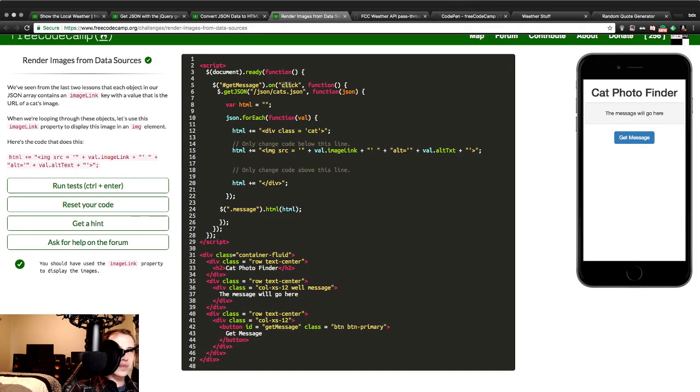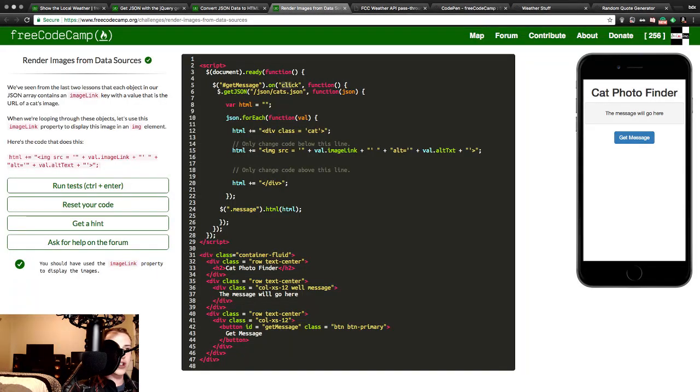What's the last bit? Render images from data sources. We've seen from the last two lessons that each object in our JSON array contains an image link key with a value that is the URL of a cat's image. When we're looping through these objects, let's use this image link property to display this image in an image element. Here's the code that does this. HTML plus equals image source, quote stuff, concatenates val.image link, more concatenation, alternate text concatenates with value.alt text, and closing